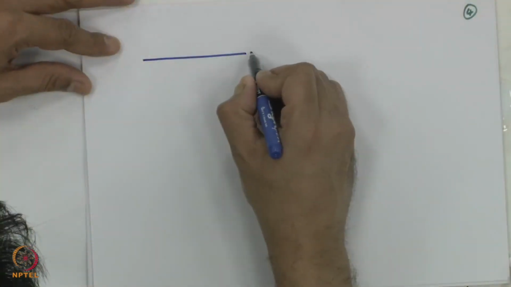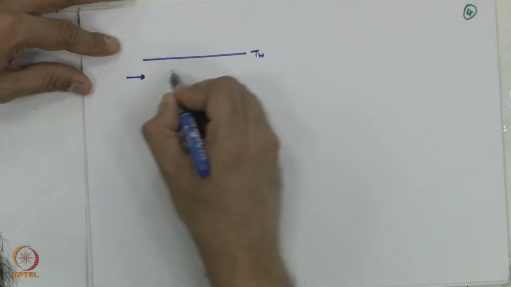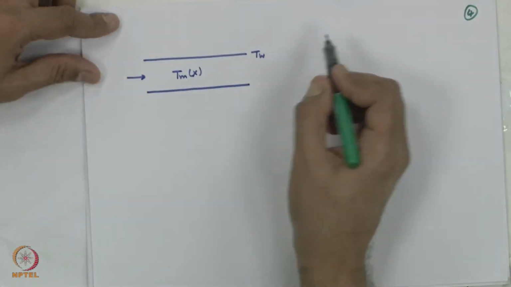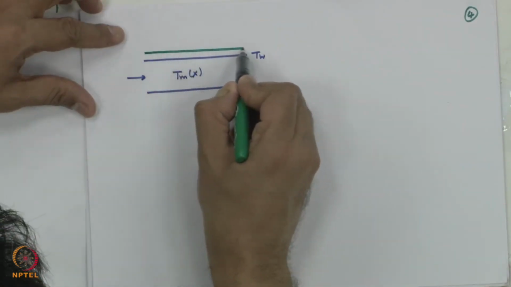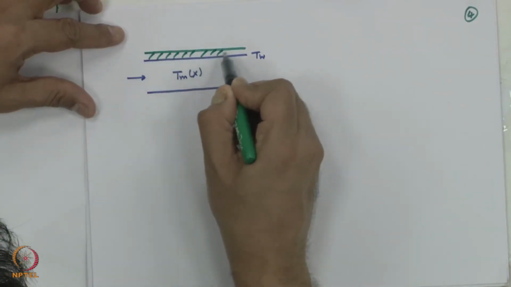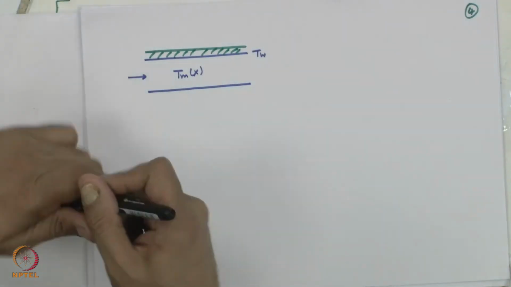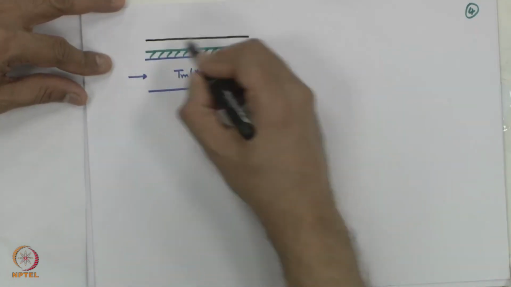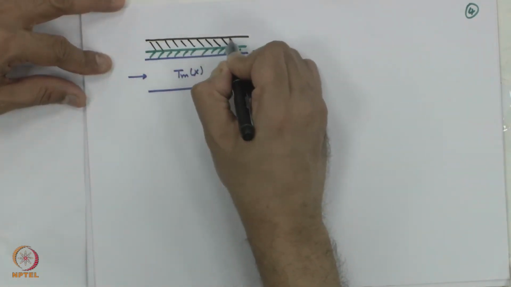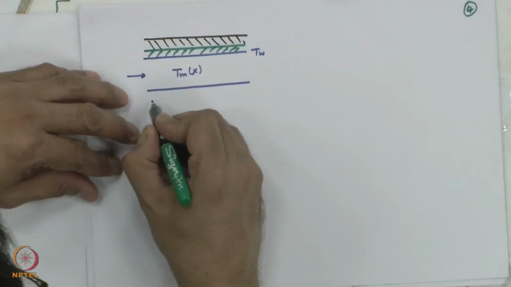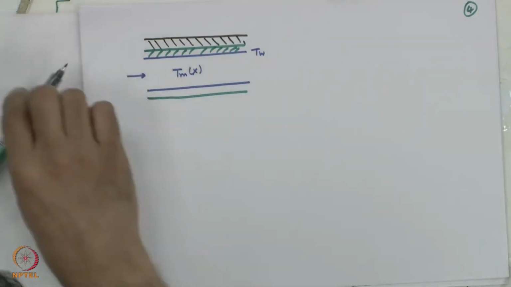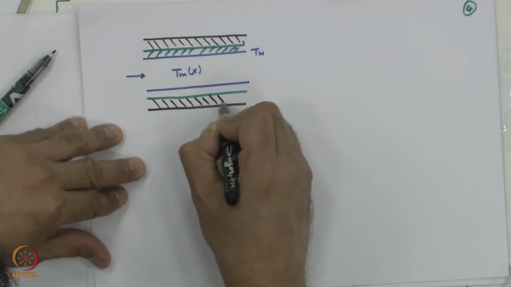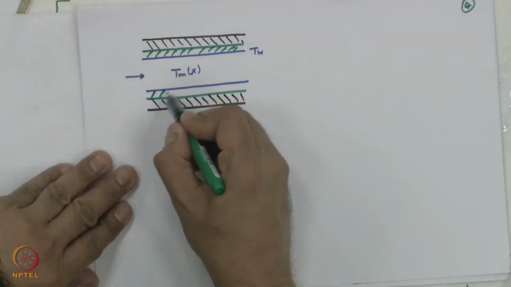have this as the T wall, this is the bulk fluid which is flowing, T bulk local, and instead of this being held constant, you could have a layer, this could be the pipe material, there could be a finite thickness associated with it, there could be some kind of a sandwich material, another material, or you could have an insulation. So, whatever be the problem, I can have multiple barriers for heat transfer, and these multiple barriers would serve as additional resistances for heat transfer here,